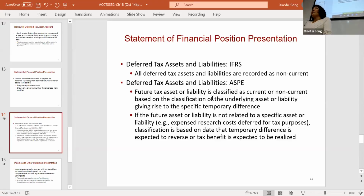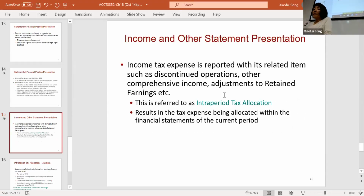And if they reverse within 1 year, then that's current. That fits the definition of current assets and current liability, right? Current assets will be used or removed within a year, and current liability will require payment in a year. But under IFRS, we don't do that. So that's another difference. On the income statement,